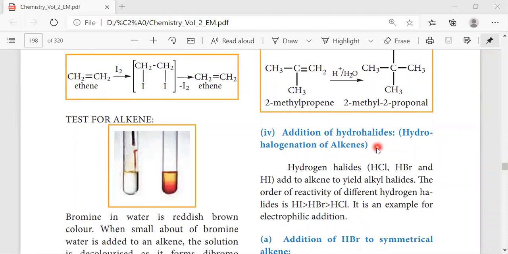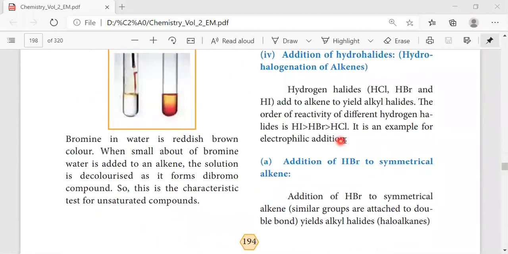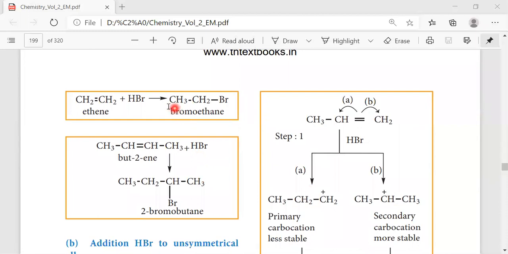Now comes the hydrohalides. See, in this, the halogen groups, their reactivity will get varied because iodine will have more stability when compared with bromine. Again, it is stable when compared with chlorine. Okay. So first with the addition of HBr, that is a symmetrical alkene. Here what happened, the bond will get cleaved, and then the H plus, then Br minus. One H will be added to one CH2, and another bromine will get added to the other CH2 group, right?